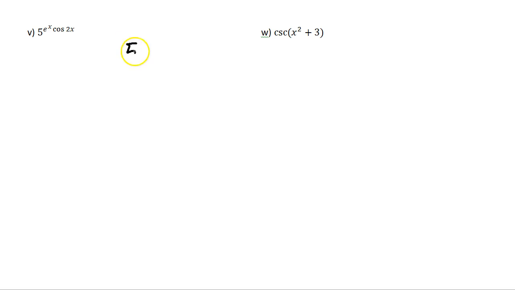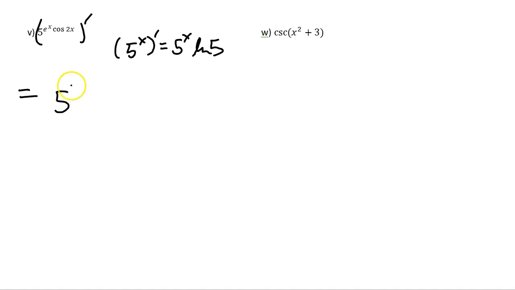Okay, 5 to the x differentiates to 5 to the x ln of 5. And you can really think of e to the x cosine 2x, this entire thing, as the inside function. And therefore, when you differentiate, this rule says you're going to get 5 to the e to the x cosine 2x ln of 5, but this inside function has to be pulled out, and you have to differentiate it